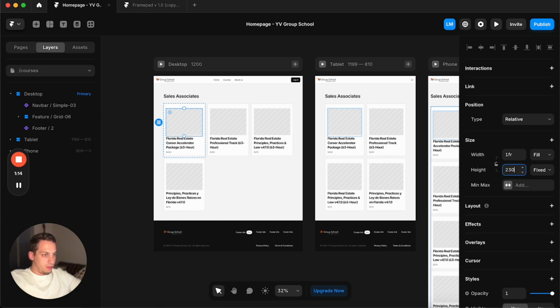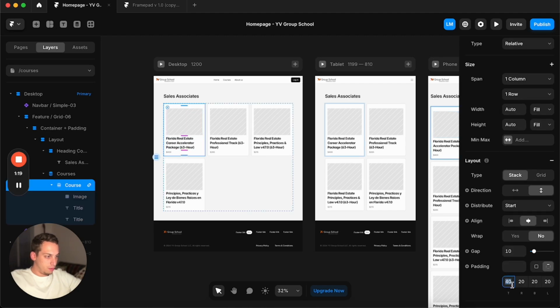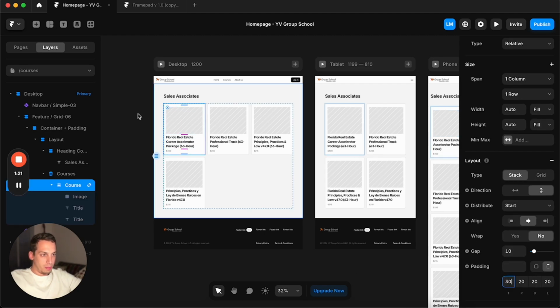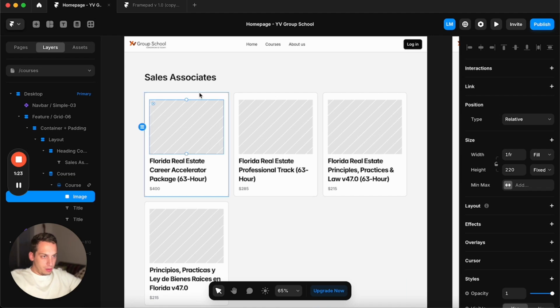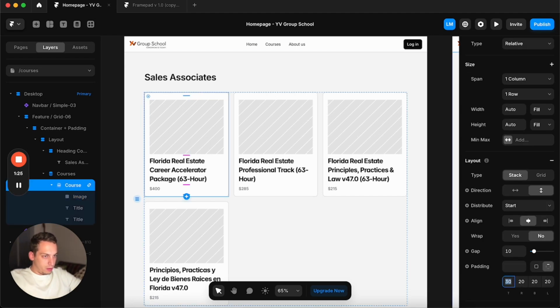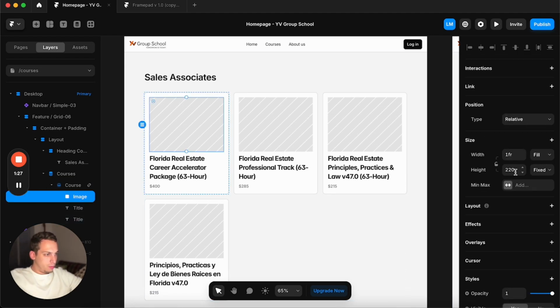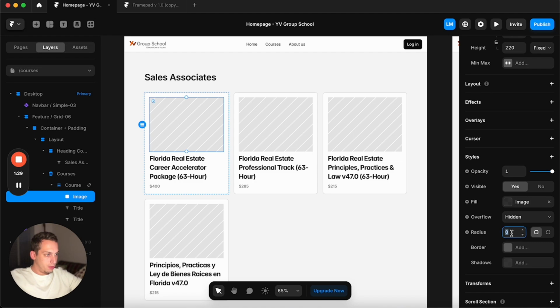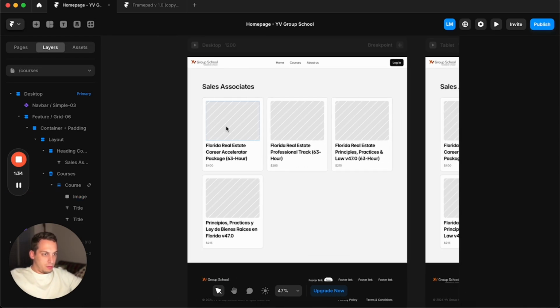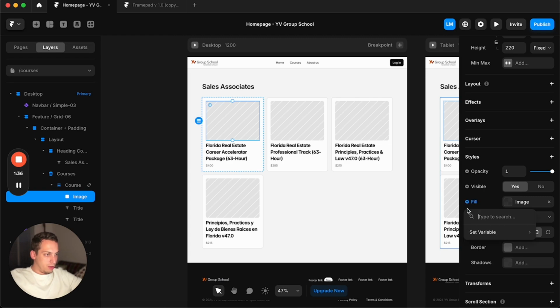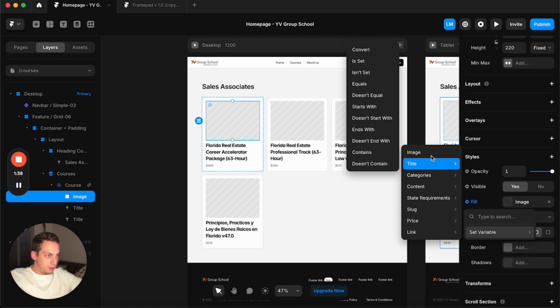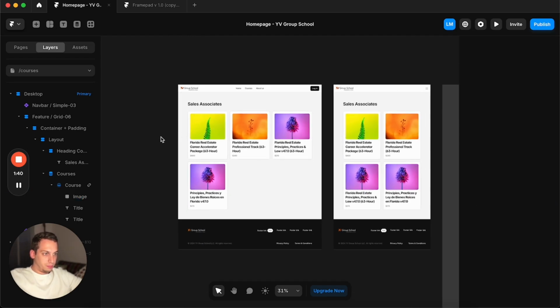And decreasing the size of this. And let me get this and decrease the padding of the top, right? So 20. I also want to make this have a nice rounded radius. And I want this image to have a variable for the course. So we have these